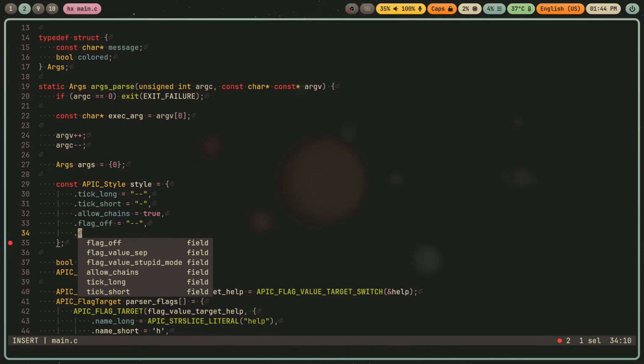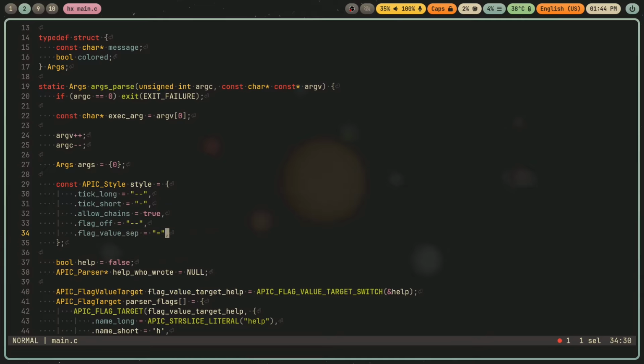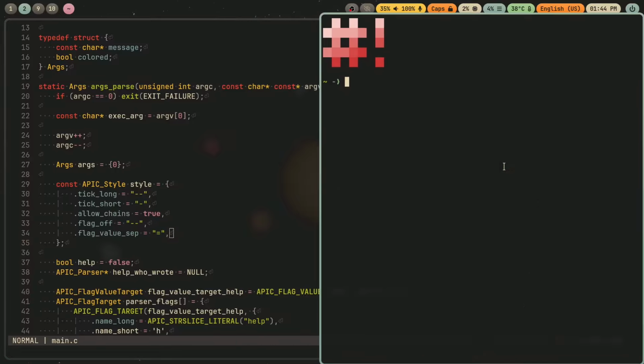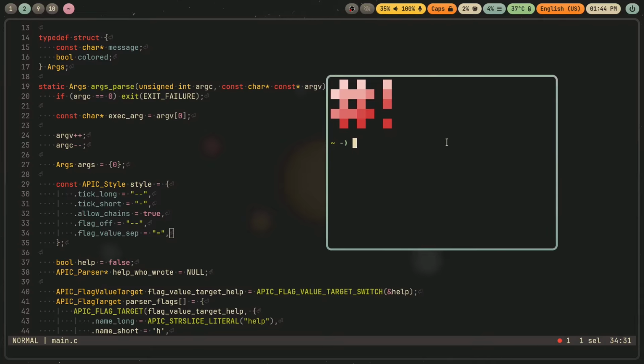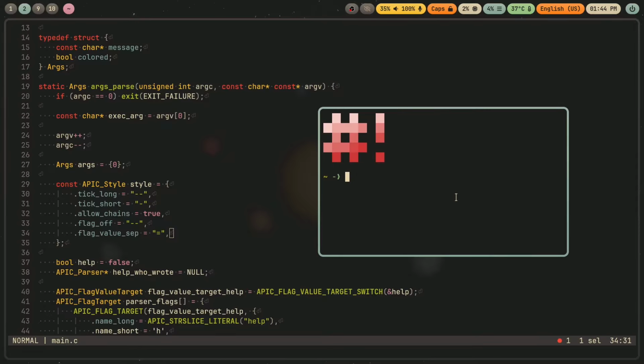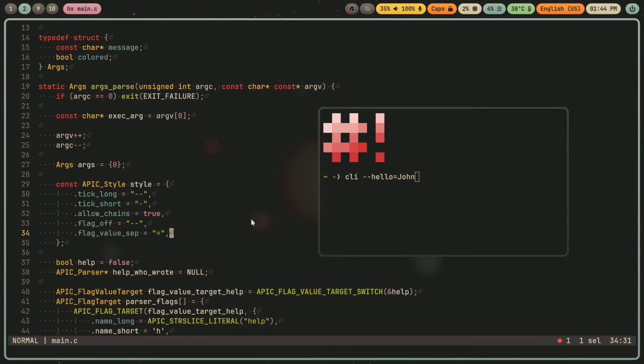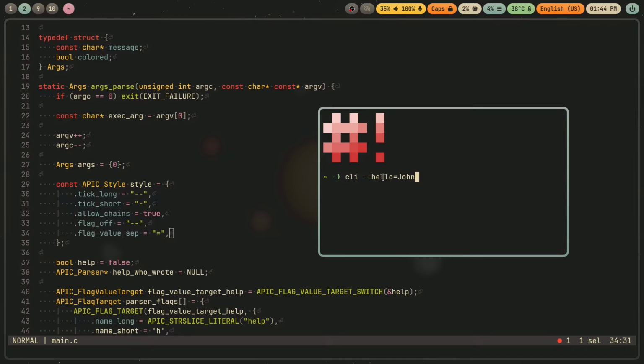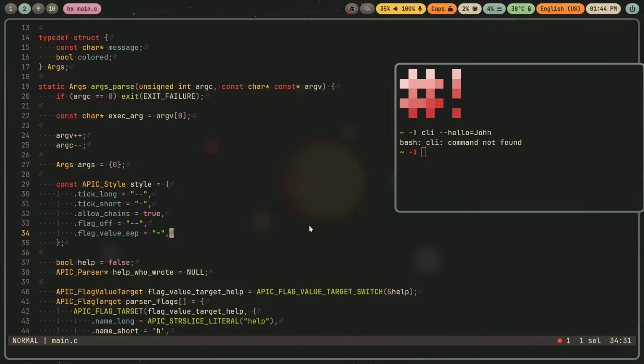Flag value separator. Flag value sep. And this I'm just going to set to an equals. What this is, the parser is flexible enough to allow you to specify values as either in the same argument or a separate argument. So, for example, you could do hello John, or however you spell John, like this. But you could also do it like this in the same argument. And my parser supports this fully. And you can even customize what this is. And there's also